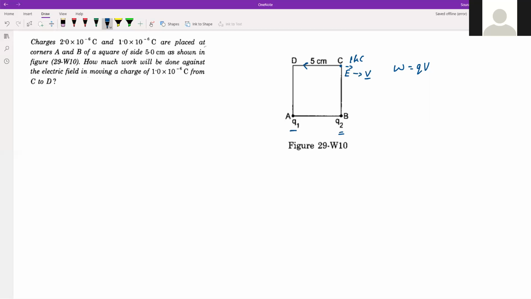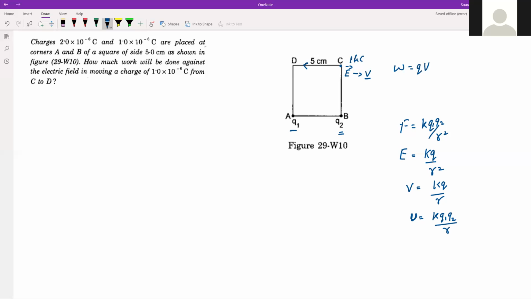Okay, and these formulas which we have derived till now in this chapter, almost 3/4 of this chapter is over, and the formulas which we know till now are these: force is KQ1Q2 by R square, E is KQ by R square, V, that is potential, is KQ by R, and potential energy, that is U, is KQ1Q2 divided by R.